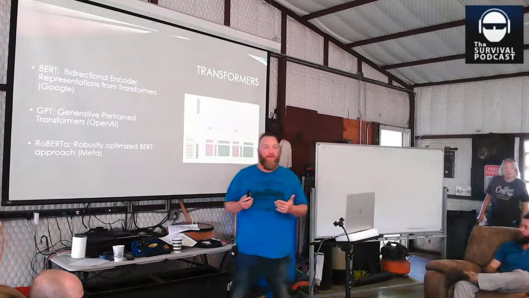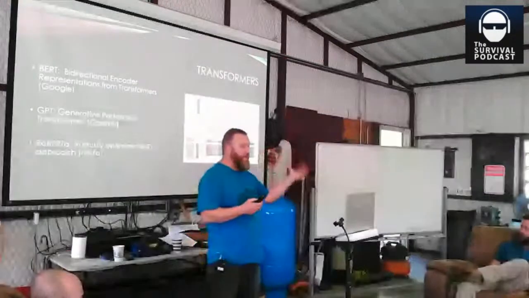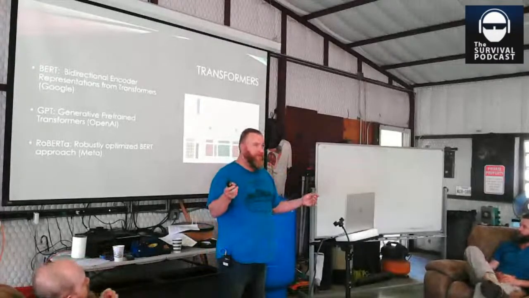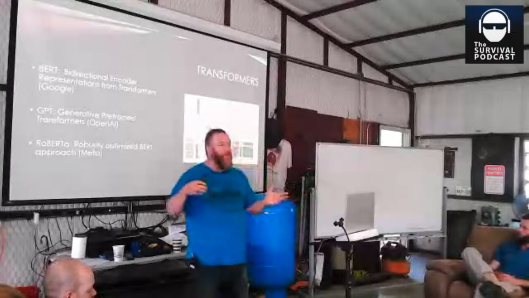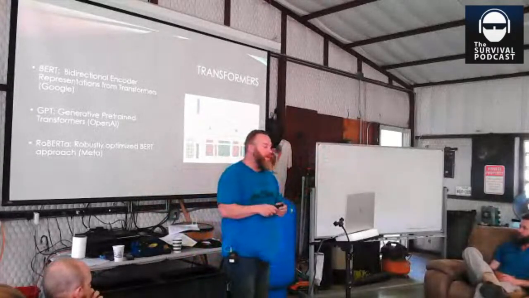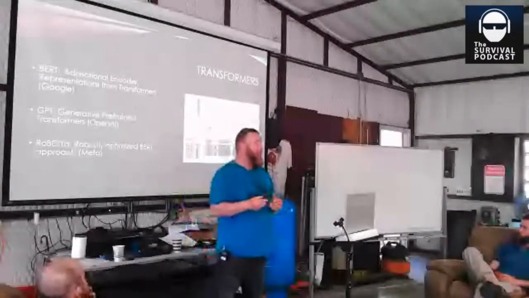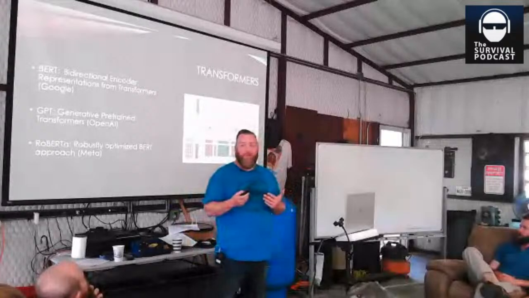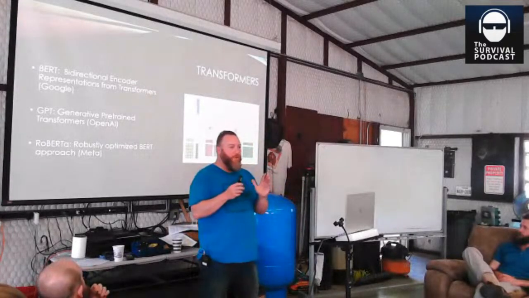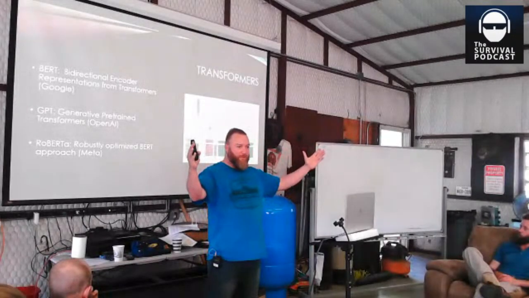So let's talk about transformers. A transformer is just a fancy way of describing how the computer takes text and turns it into something that it understands better than text, which is numbers. It also takes its output and turns it back into a response for you. The original one was called BERT, which is bidirectional encoder representations from transformers. This was Google DeepMind. That was the idea here.